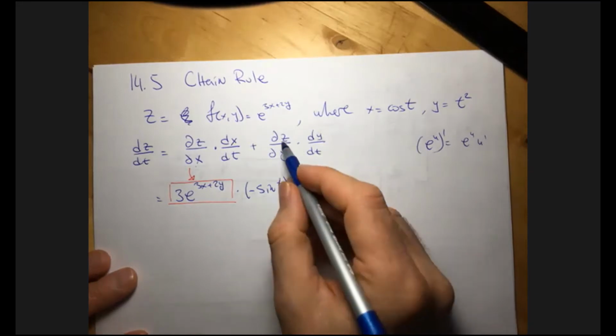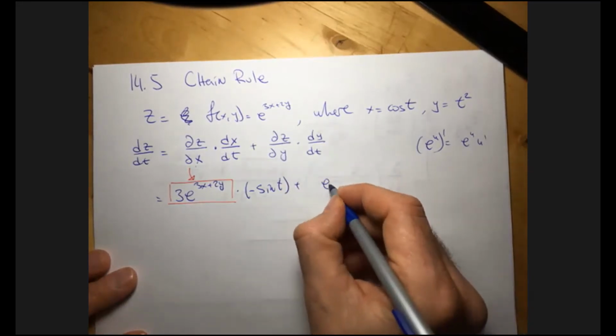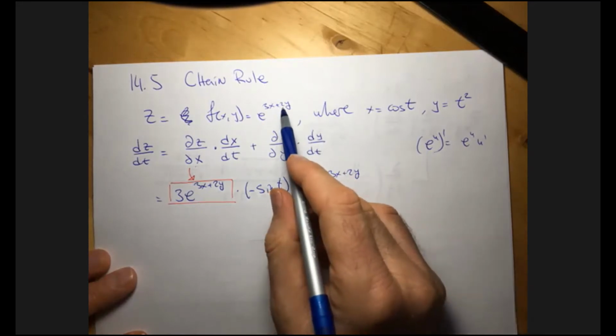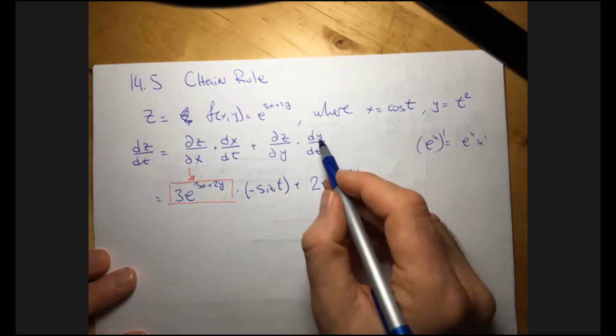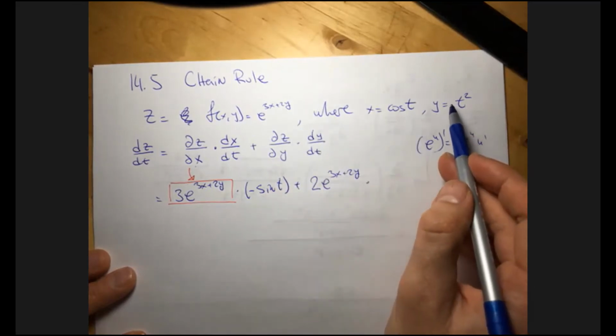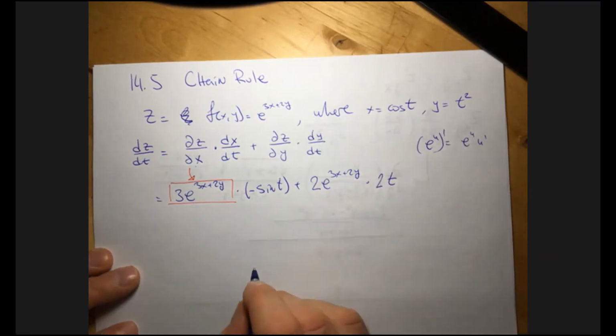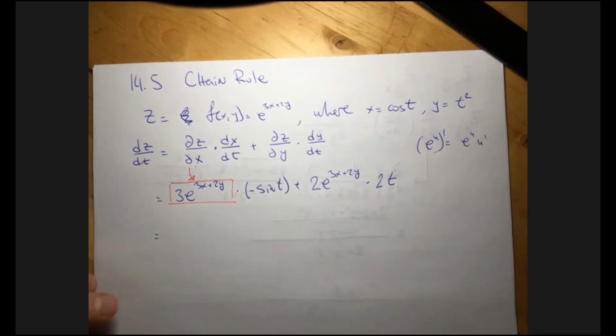plus partial z, partial y. By the same logic, e to the power 3x plus 2y times the derivative with respect to y, which is just 2, times dy dt. dy dt is just 2t. Okay, how can I simplify this expression? The only thing, so this here,